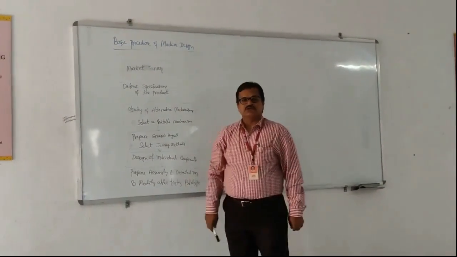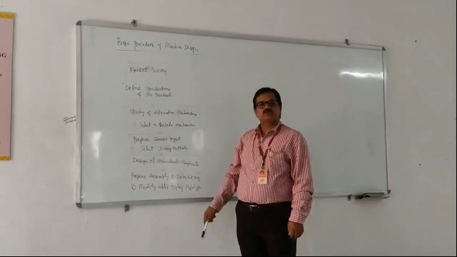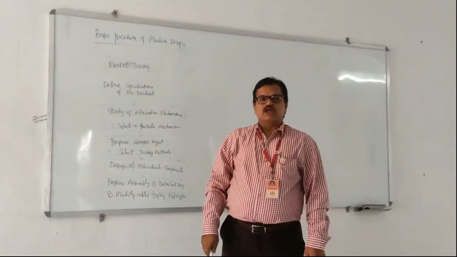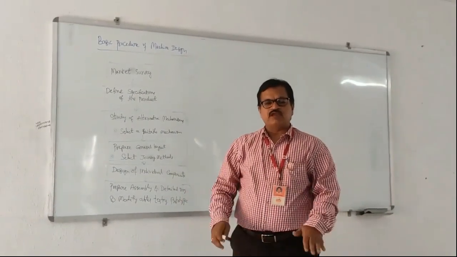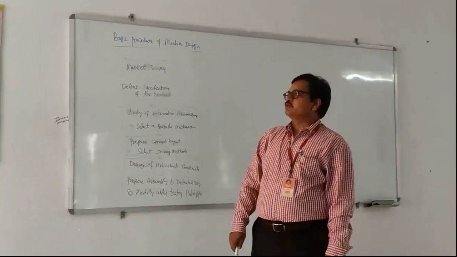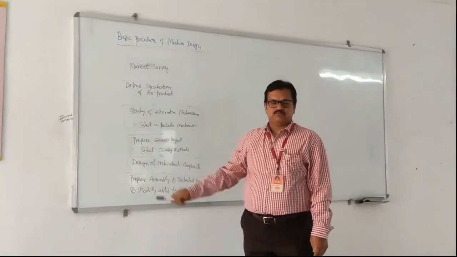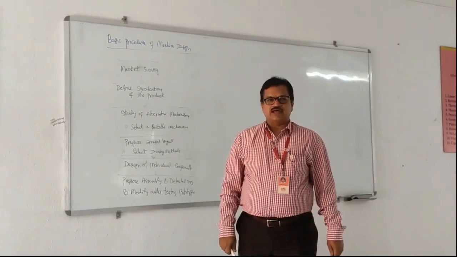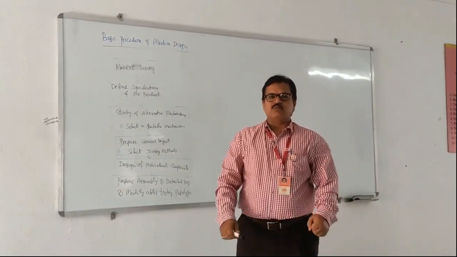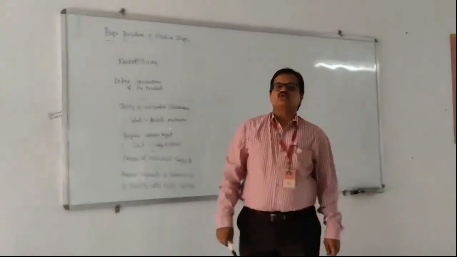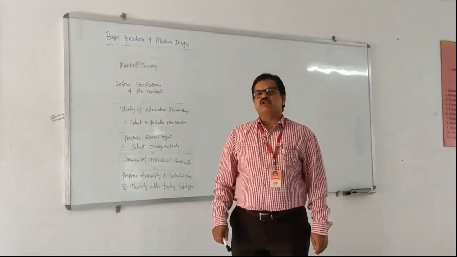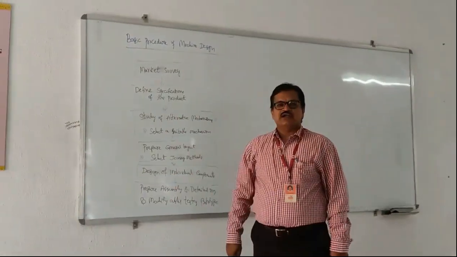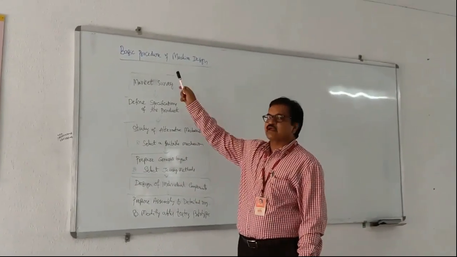Basic procedure of machine design. So these are the various steps to be followed, starting with first the market survey. If we want to design and manufacture any product, the first and foremost thing is to survey in the market: what type of products are needed by the society and what are the problems faced by the society. If we are going to launch a product, how are the people going to react or respond to it. So these are based on the demand analysis. This is called market survey.